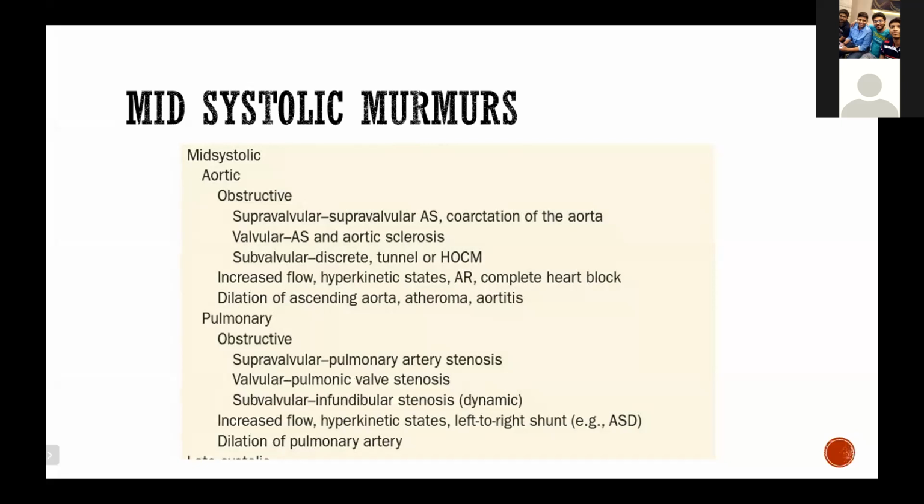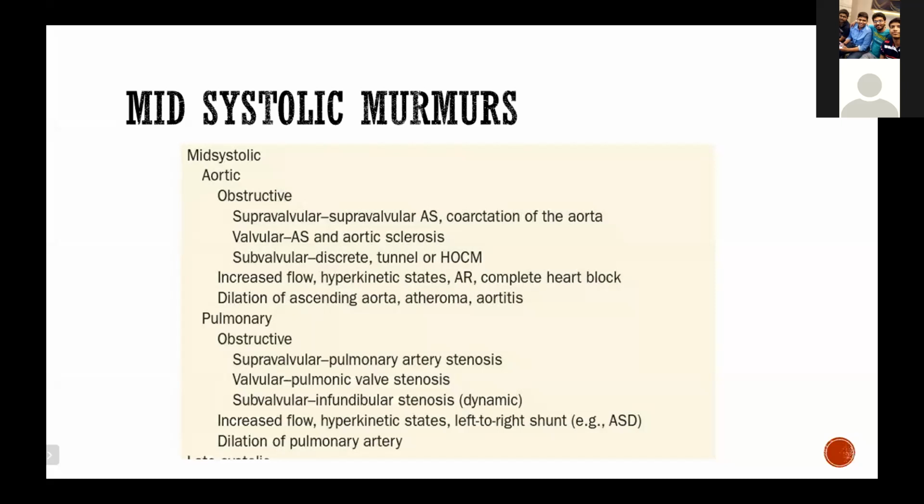And these innocent murmurs are actually more commonly seen in children, and they'll disappear once they grow into adulthood. Similarly, in the pulmonary area, you'll be able to hear an ejection systolic murmur, and that is just called a pulmonary flow murmur. There are many theories as to why innocent murmurs are generated. One of the most accepted concepts is that the ascending aorta's diameter will be small in childhood. So when a large amount of blood is flowing through the small ascending aortic diameter, a murmur is generated, and gradually as the child grows, the aortic diameter will increase and the murmur disappears.